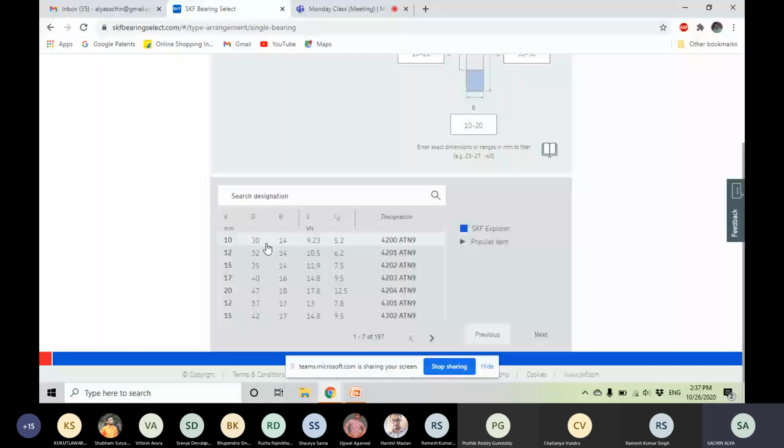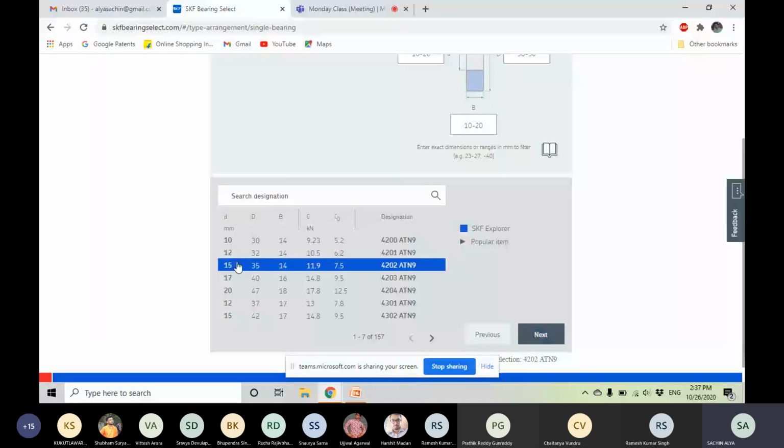So we can decide on which bearing we should select from the given catalog. So for the time being, we will select this. Let's say inner diameter is 15 mm, outer diameter is 35 mm, and the width of the bearing is 40 mm. Okay. Other things we can also look at are the load capacity, like dynamic load and static load factors.